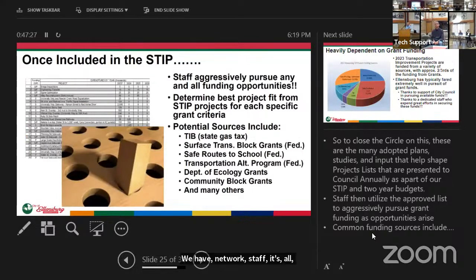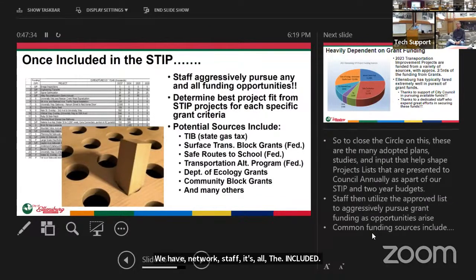So once a project is included in our six-year transportation improvement plan, staff aggressively pursues any and all grant funding opportunities. We determine the best project fit from our transportation project list. Every grant has different criteria, depending on what the grant requirements are and how the grant can be rated.